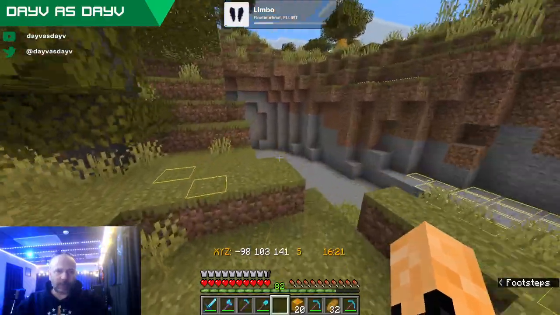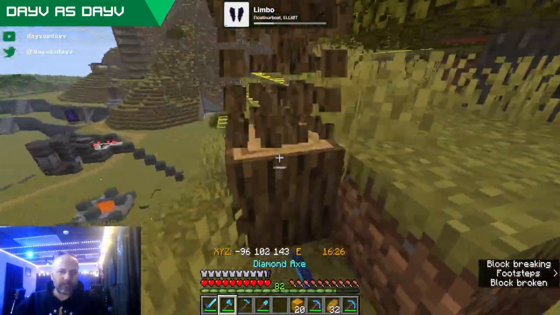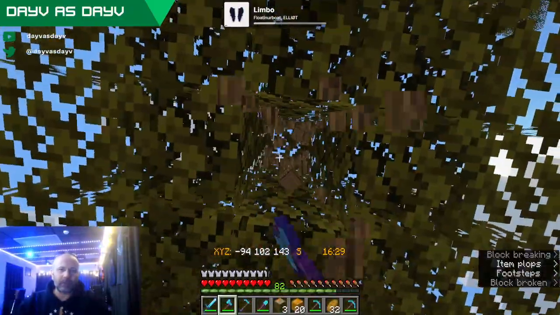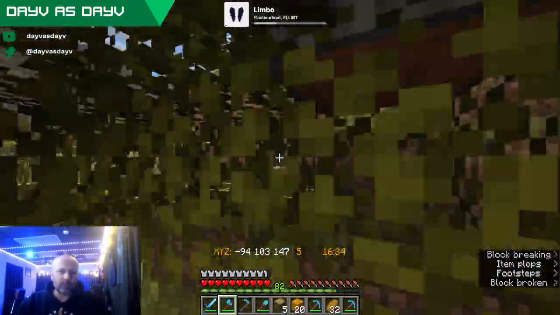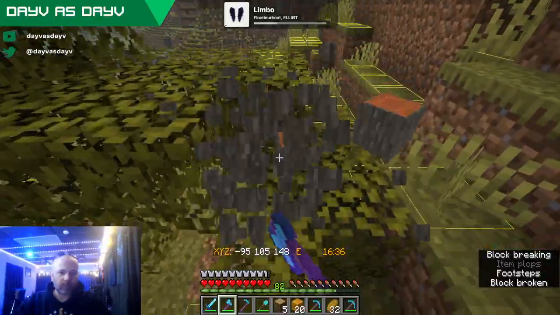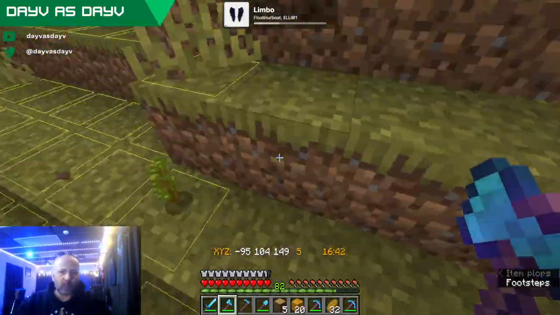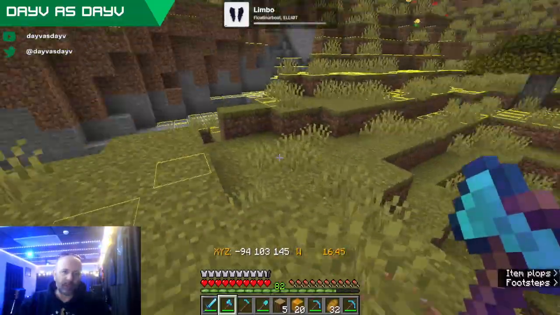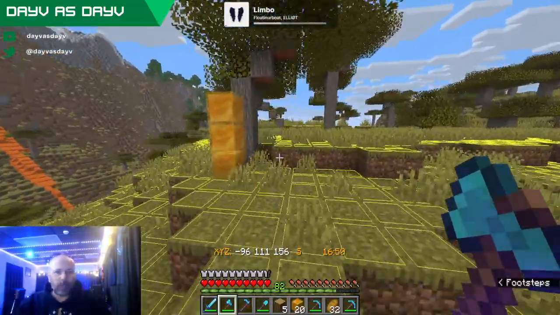But right now we've got to set up, well, we're going to get started digging on things. We're going to clear out the trees here and then start digging out the base for this farm. I probably have way more bamboo than I need, but we can't forget we can make bamboo blocks out of it.